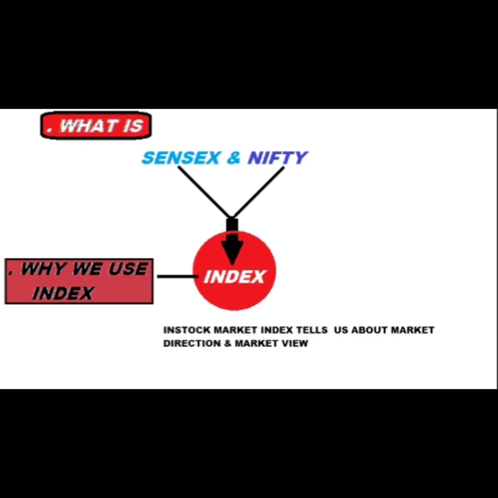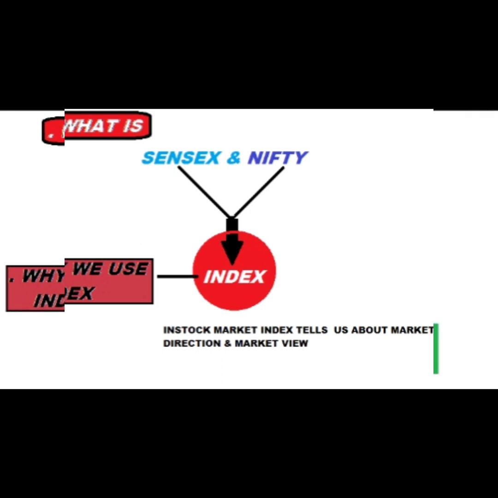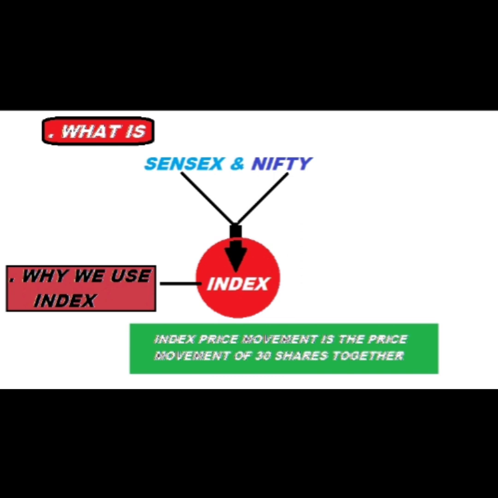If you want to watch the market direction, we will make an index of some selected companies. In the stock market there are many companies listed and we can't track them all, so we create an index with some selected companies, so we watch the view of our index. You have seen in the news that Sensex is 5% down or Nifty is 200 points up. So we watch the index. After seeing the index we make a decision whether the market is going up or going down.